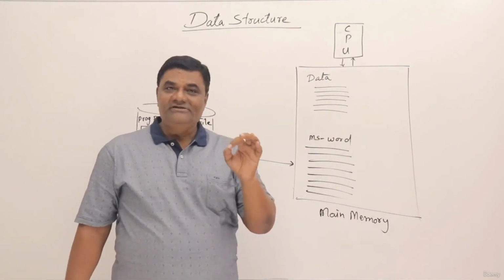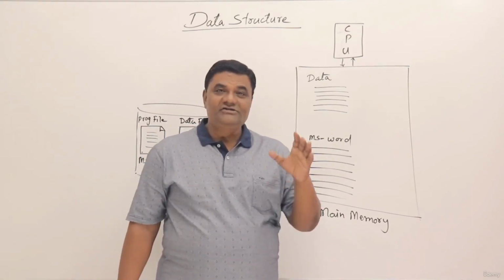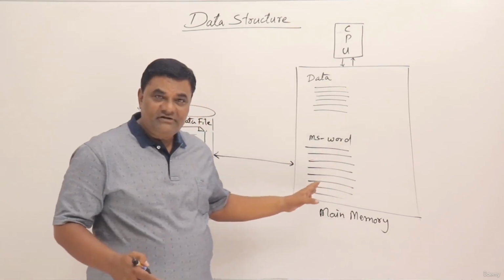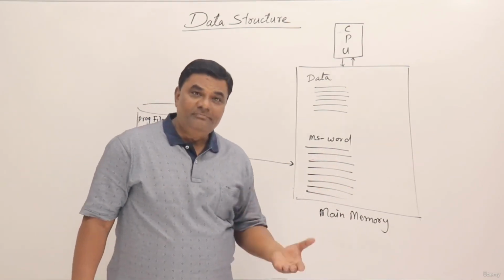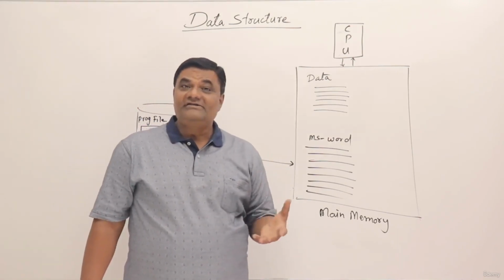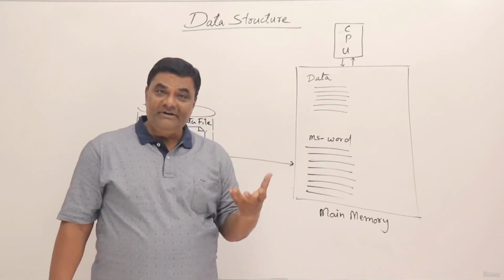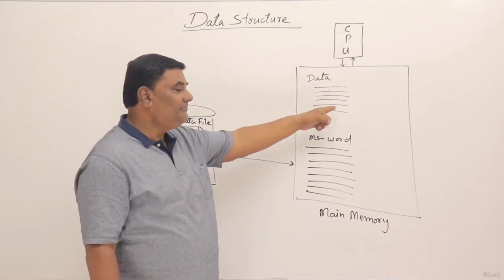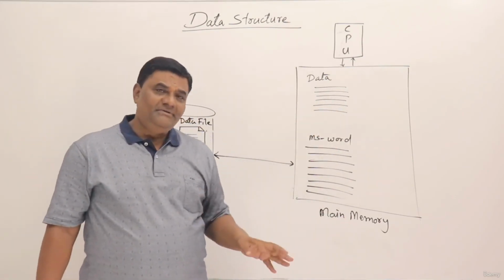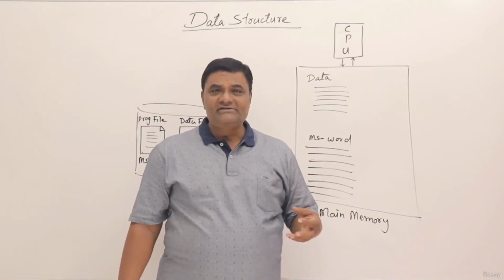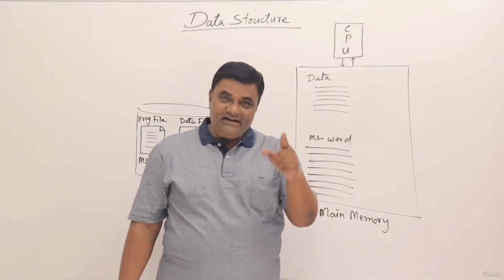Now from this we can say that every application deals with some data, whether it is MS Word, or if it is Notepad, then the Notepad text file has to be brought into the main memory. If it is Chrome, and you are browsing any web page, then that web page, when it is coming from the internet, has to be in the main memory. So every application on your computer system or your mobile phone deals with some data,